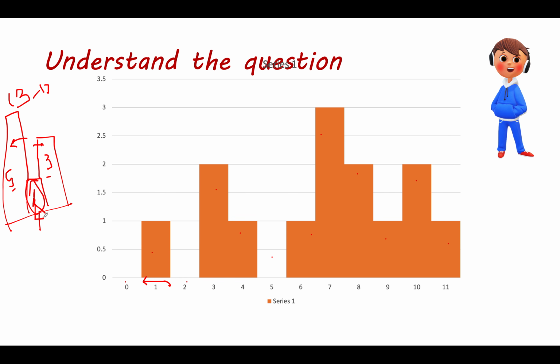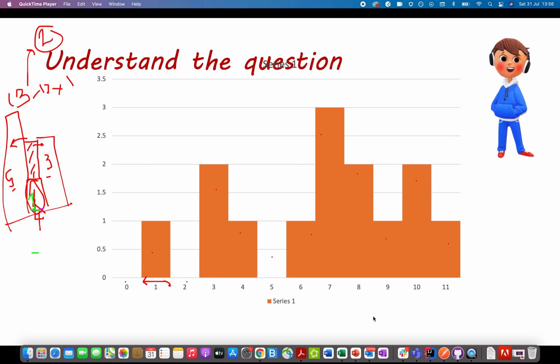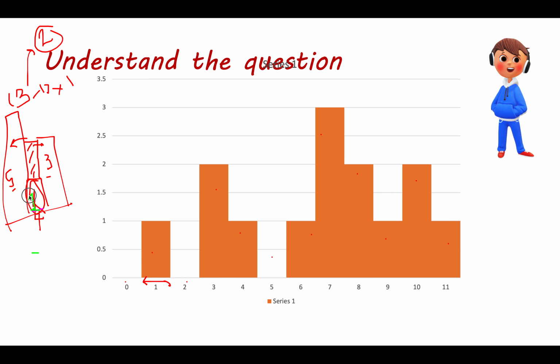What is the width of this bar? The width of this bar is 1. So how much water will be trapped between these three buildings? That value would be equal to 2 units of area, which makes absolute sense because we have a bar of height 3 on its right, a bar of height 5 on its left, and the height of the current building is 1 unit.